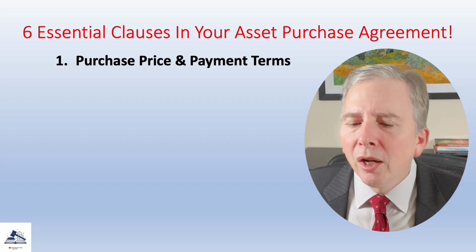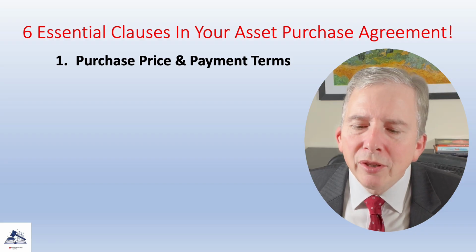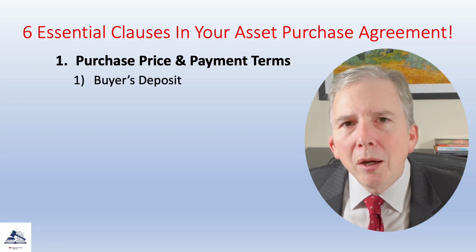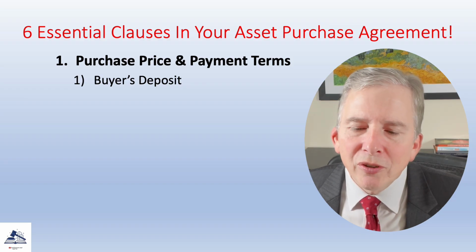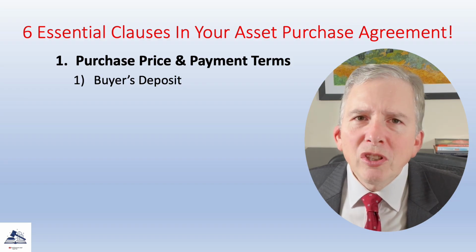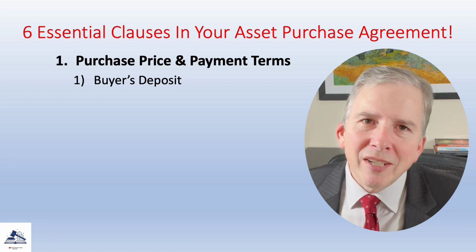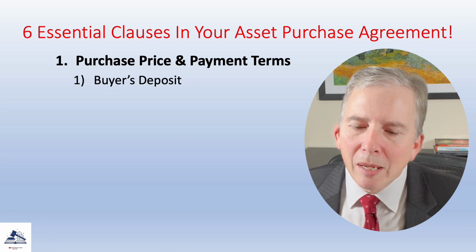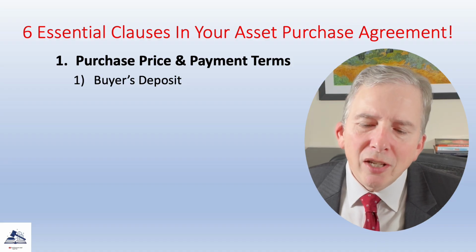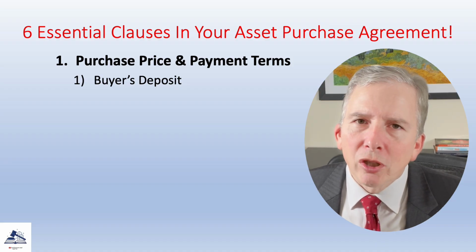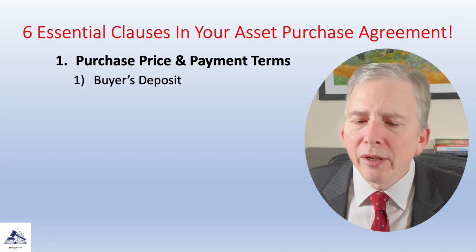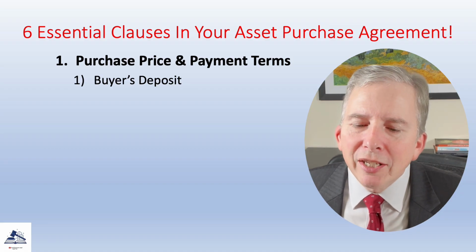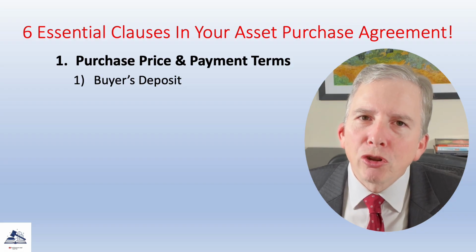And there are usually a couple of different possible components that need to be identified. The first component is any deposit that the buyer has paid. Buyers often pay a deposit at 2 different stages of buying a business. The first deposit is due when the buyer signs the letter of intent, called the LOI, and the second is when both parties sign the APA. Both deposits are usually held in escrow by the broker or by one of the attorneys for the parties. But no matter who is holding it, the APA should identify the total deposits paid by the buyer to indicate that the buyer has already paid a portion of the purchase price.